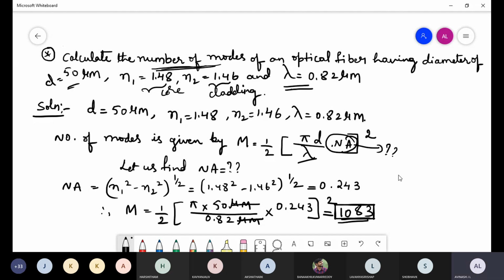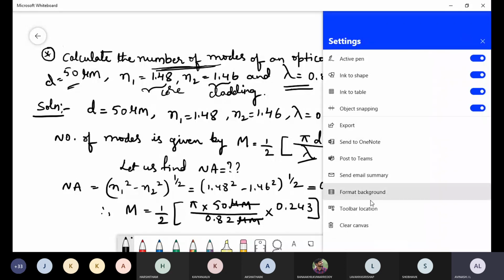Okay. No one is responding. That means what? You people have understood, or else you are not interested. Both are fine for me. So those who understood, good. It will be in your record, as a recorded session. So at any point of time, you can go through it once again and learn the things. So we'll go to the next numerical.